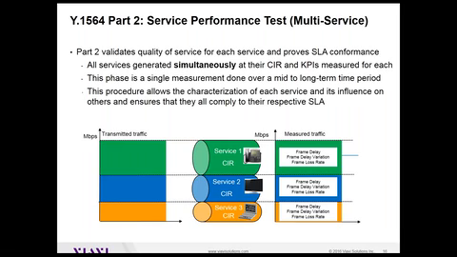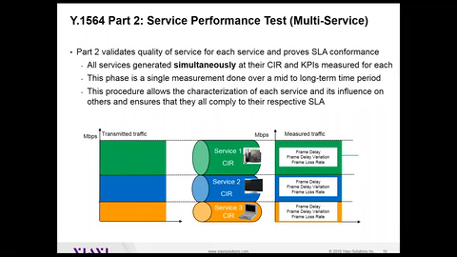You could do it as a soak test, a long period of time. And so, again, it's really a test about, when you have RFC 2544, you're running one service at a time. This way you're running all three or all four, whatever, simultaneously, and just verifying that all of them will work